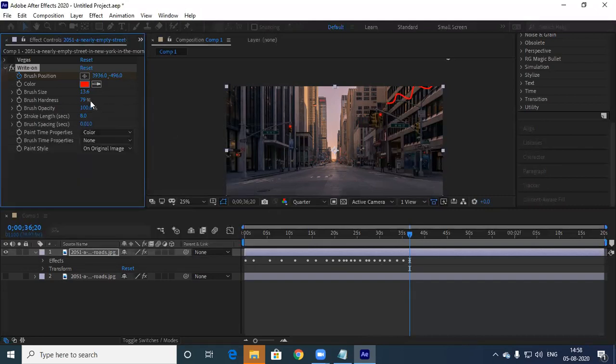So anyhow, you can change the colors and all later. So increase the size, hardness also increase, stroke length, let me reduce.